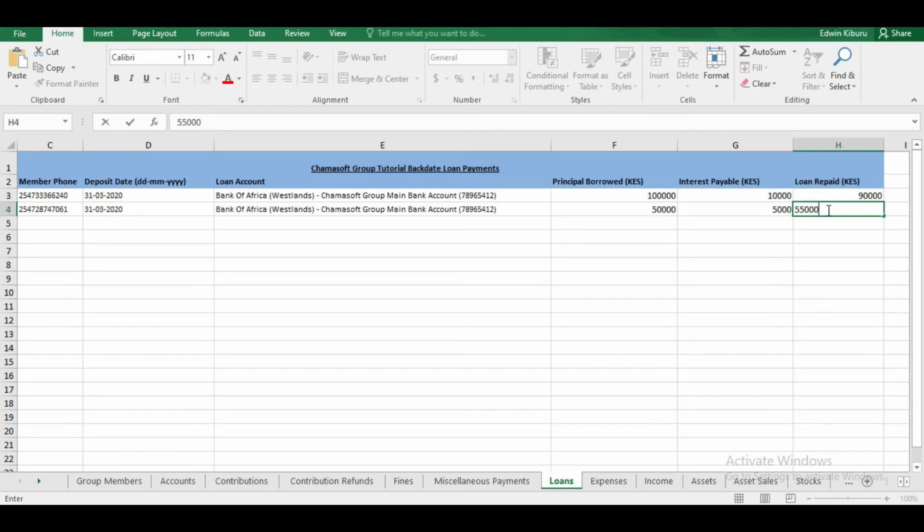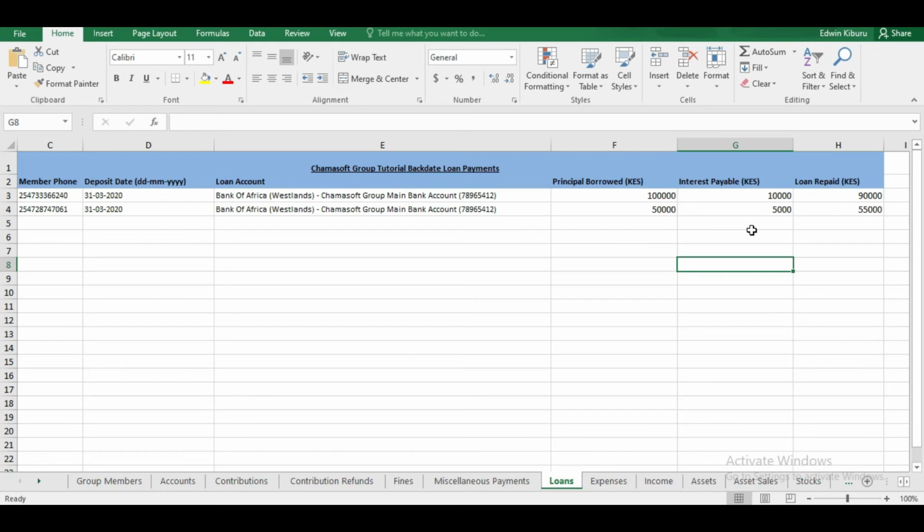He has paid 55,000. So what this will do, it will actually now tell the system that yes, I borrowed this amount, but I still have an outstanding balance of 20,000. So it will be keeping a record of arrears, of how much I owe in terms of loans. So for every member, you should give a bulk figure of how much they've borrowed since the beginning of the group versus the interest that they should have paid versus what they've paid cumulatively, so that it calculates a starting balance of how much principal a member has borrowed, how much interest they borrowed, and how much